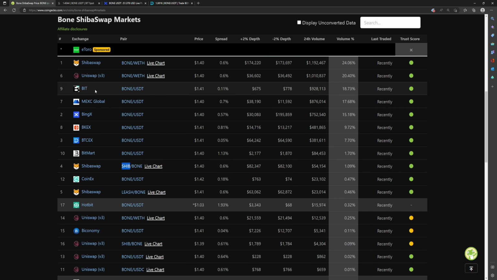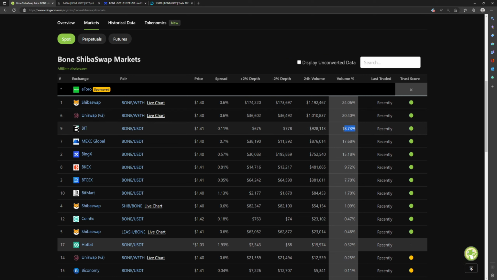So what I see here is this Bit exchange, and this is what concerns me. I see there is 18 to 19% of all of Bone volume traded on Bit, which at first seems impressive. Okay, well, there should be liquidity on Bit, right? Well, no. I mean, look at the 2% depth right here. There's not even $1,000 to either side of the trade. So the slippage would be insane. And with a tenth of a percent spread,